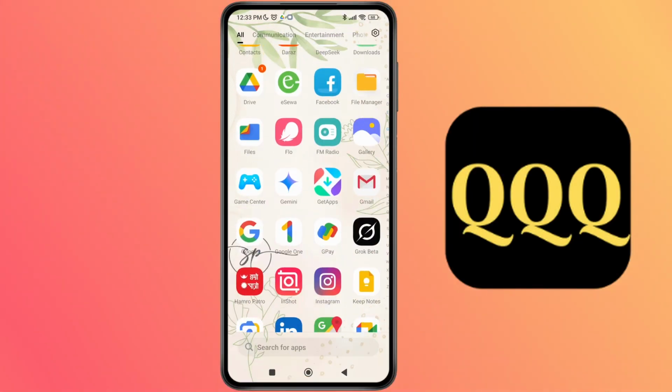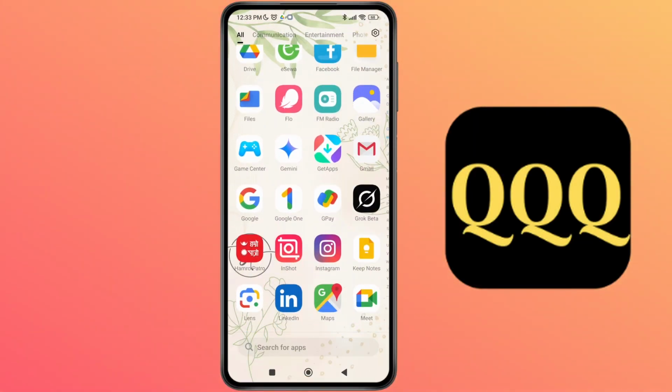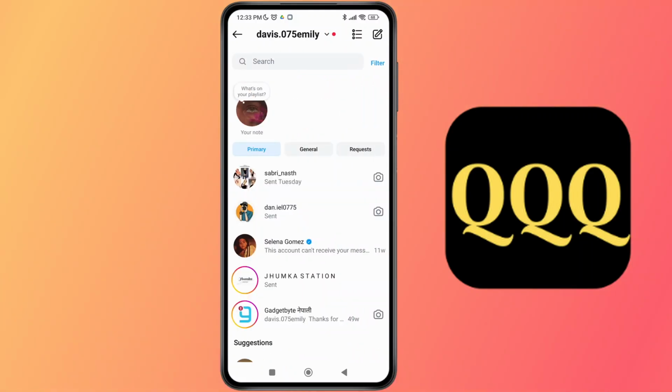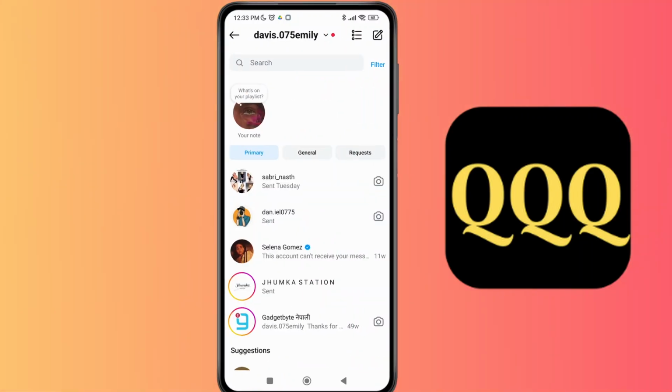So first of all, make sure you have a stable Wi-Fi connection on your device. After that, launch your Instagram application. Make sure you're logged into your account. Then tap on the DM section at the top right corner of the screen. As you do that, select the chat that you'd want to hide but you do not want to delete